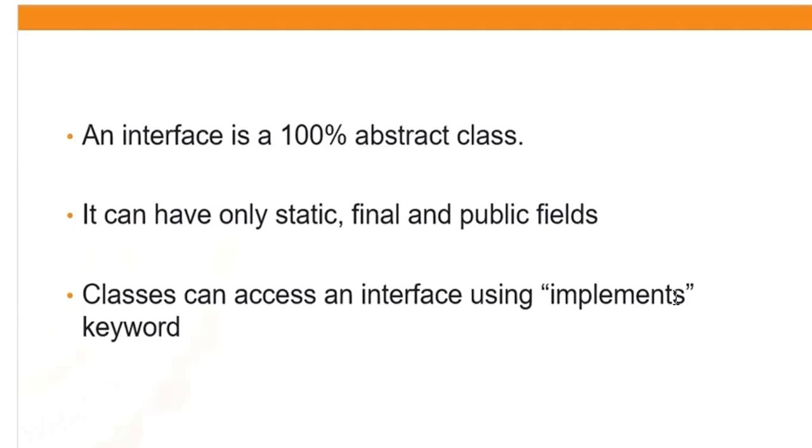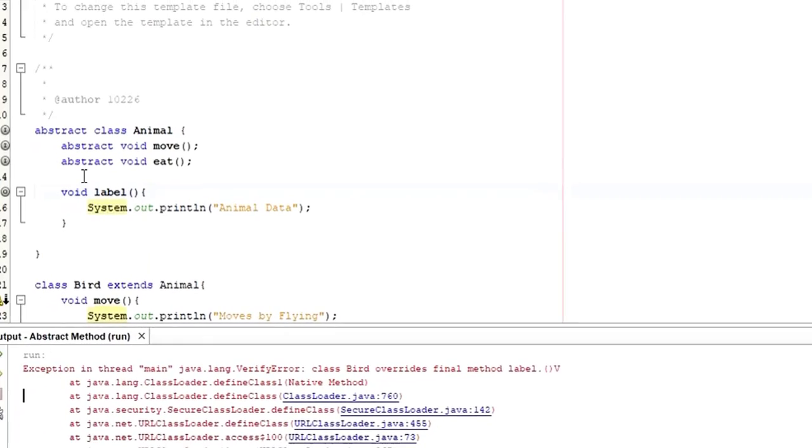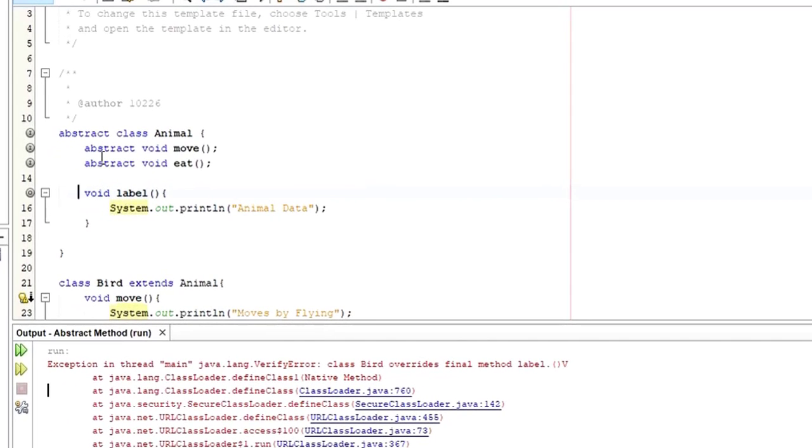This is an important thing that you need to focus on. Here we are going to use the keyword implements. Before, in the abstract class, we used the keyword extends, right? Let me show you what I mean. Here this is an abstract class, this is a parent class. If you want to access the properties of this class in the child class, we use the keyword extends,